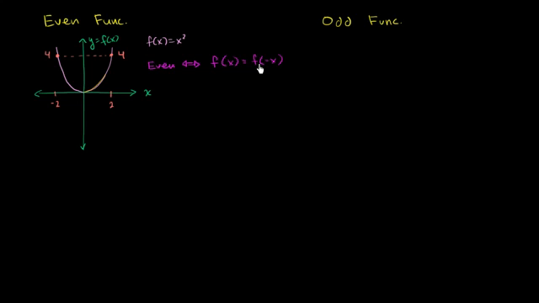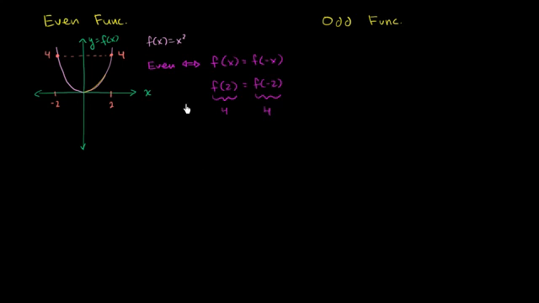And the reason why I didn't introduce this from the beginning, because this is really the definition of an even function, is when you look at this, you're like, hey, what does this mean? F of x is equal to f of negative x. And all it does mean is this. It means that f of 2 is 4. So let me show you with a particular case. F of 2 is equal to f of negative 2. In this particular case, for f of x is equal to x squared, they are both